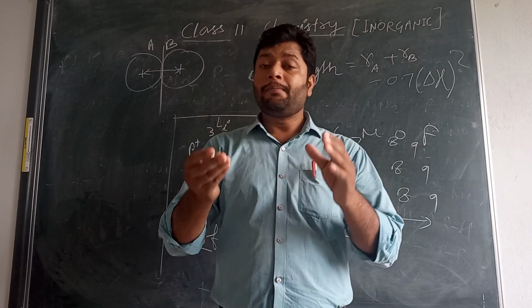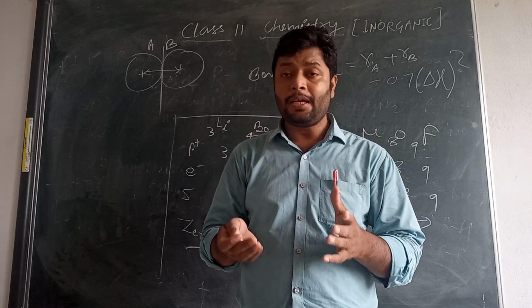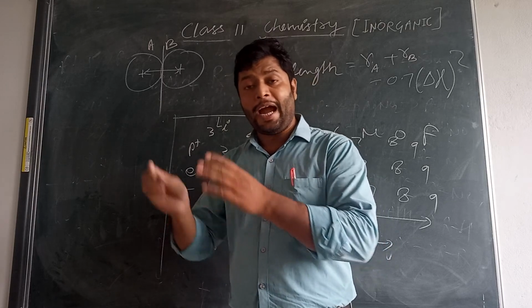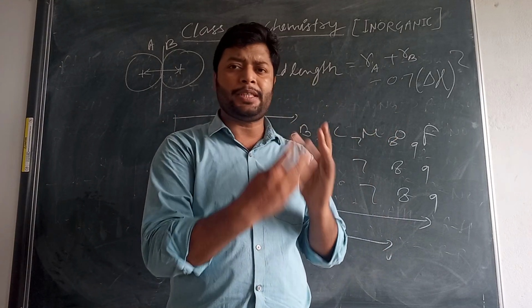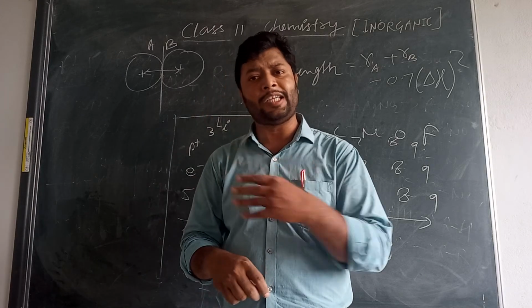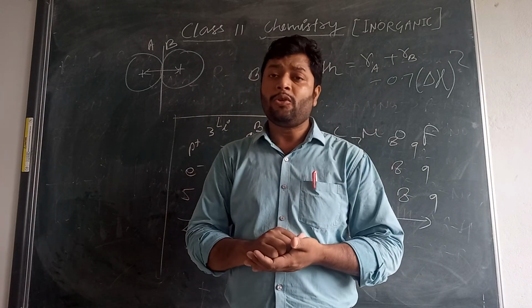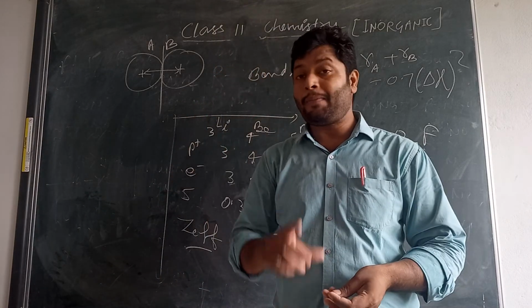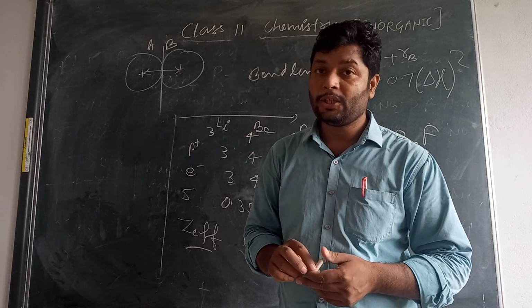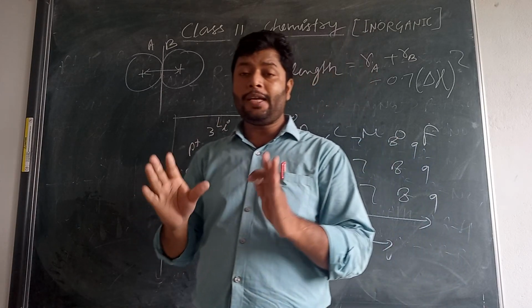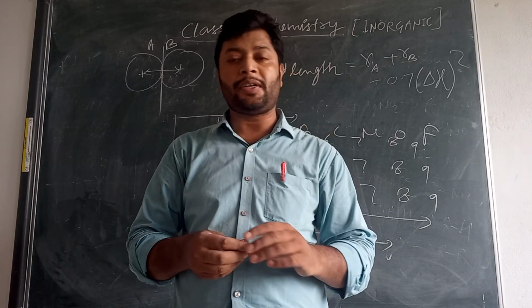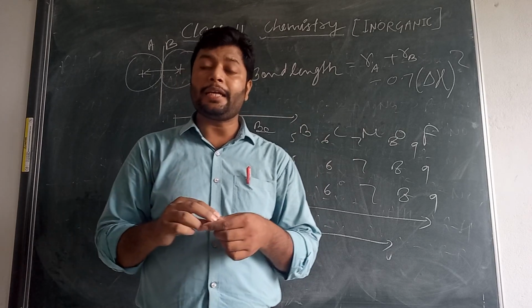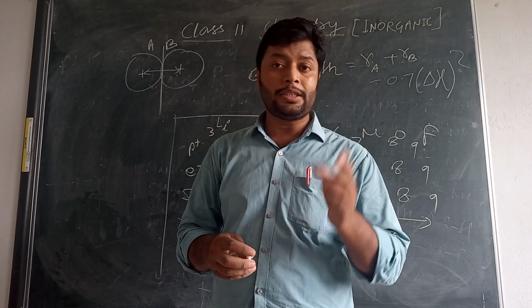If the electron is present in the d subshell or f subshell, for each electron in the same subshell the screening constant value will be 0.35, and for the rest of the electrons, wherever they are present, the screening constant value will be 1 for each electron. With the help of these values, we can calculate the screening constant value. We will discuss Slater's rules with different examples in a separate lecture. Don't worry. Today's lecture is dedicated only to basic concepts of atomic radius, covalent radius and van der Waals radius. Other things about radius like ionic radius and Slater's rule we will discuss in the next lecture.